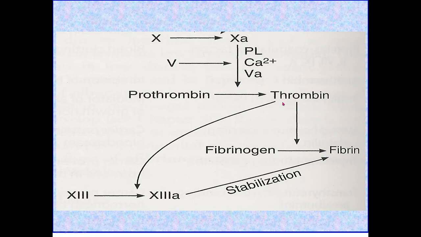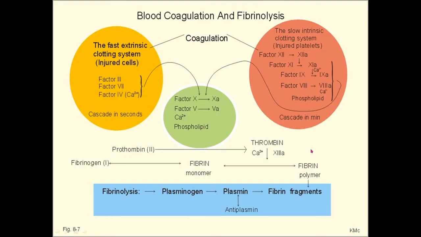Means this 2A acts on the inactive one, and it forms an activated one, that is the fibrin. These fibrin monomers combine together, or polymerize, in presence of the stabilizing factor, that is 13, into 13A, and it stabilizes the fibrin molecule and forms a tight clot. So these are the mechanisms of blood coagulation, and this is the